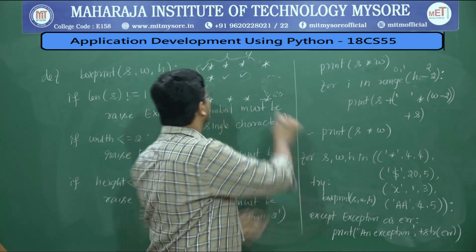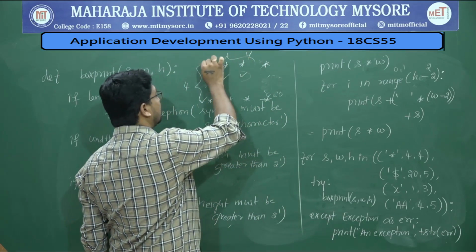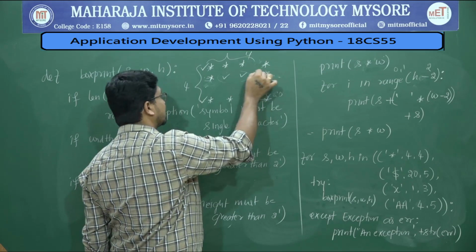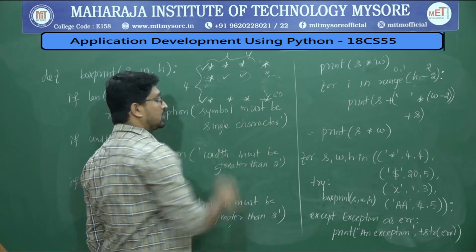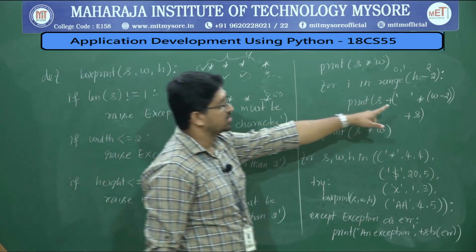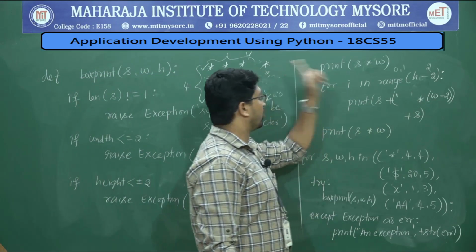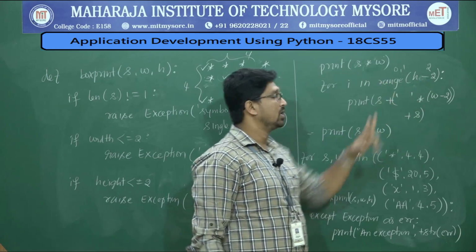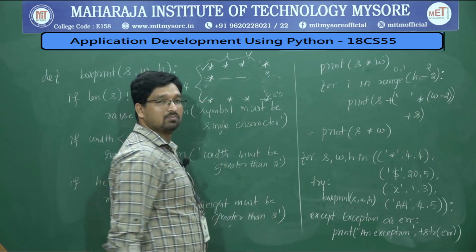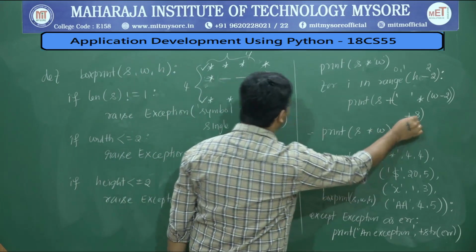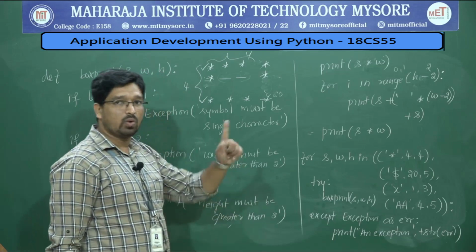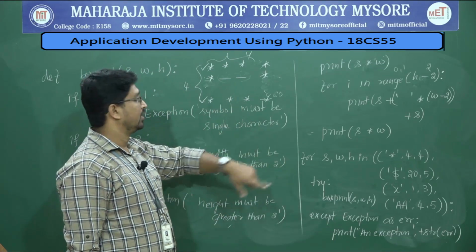Width minus 2 means if you have 4 width, the left side and right side are already printed with actual stars. So 2 characters should be subtracted. For that I am writing width minus 2. Width minus 2 means 4 minus 2. 2 times there will be spaces, like 1 time space, 2 times space. Finally, again I will print the symbol, that is star. That is the one iteration, one loop.